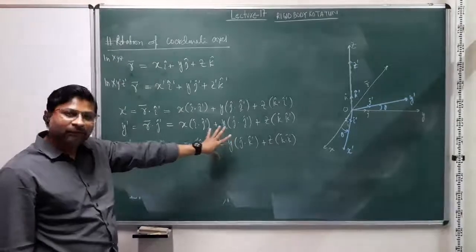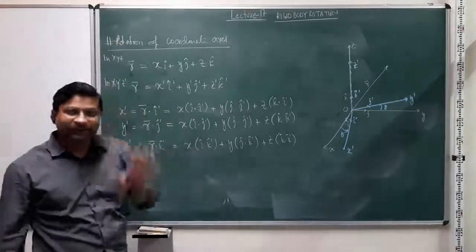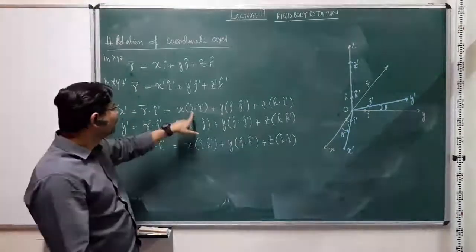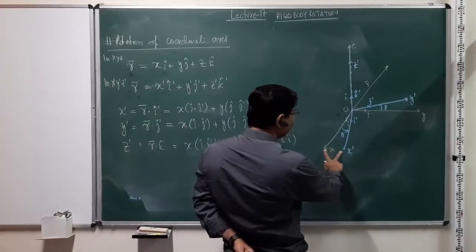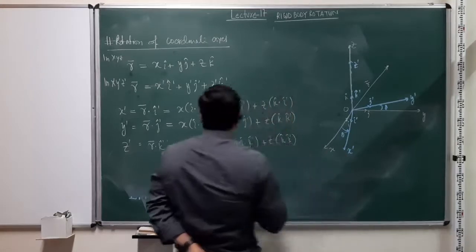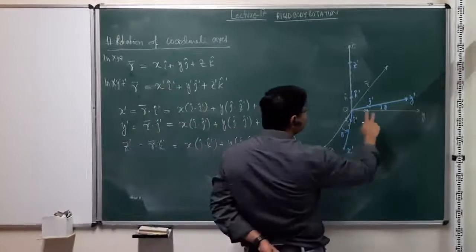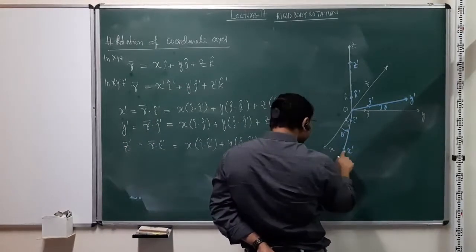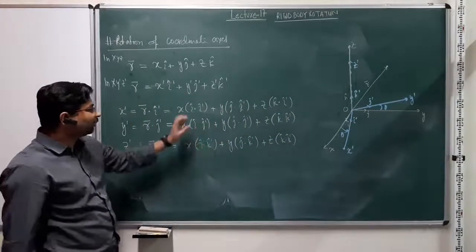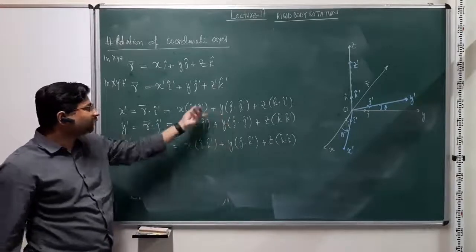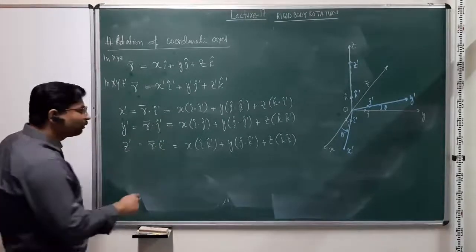And so we can write down like this, and of course it might look complicated, but it's rather trivial now to solve this, because both I and I prime, j and j prime, k and k prime are unit vectors, so their magnitude is 1, and I dot I prime is nothing but the cosine of the angle between x and x prime. Similarly, j cap dot I prime cap is nothing but the cosine of the angle between x prime and the original y direction, and so on and so forth, right? So we can find these. There are only cosine terms that are going to come here, because the magnitude of all the unit vectors is uniformly 1. Right?